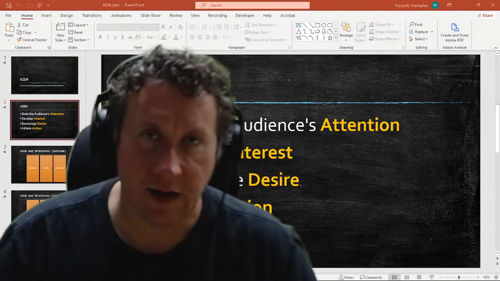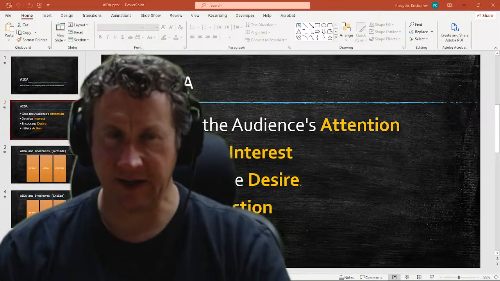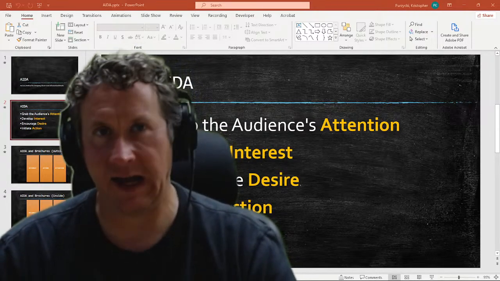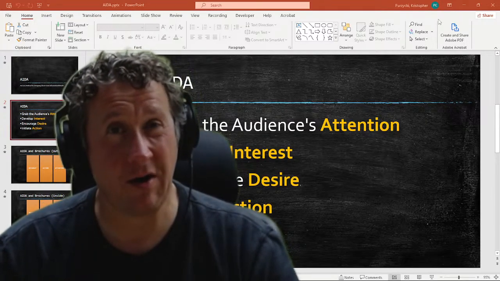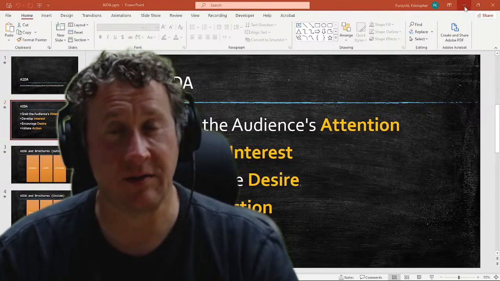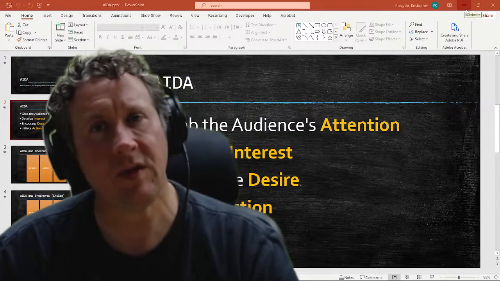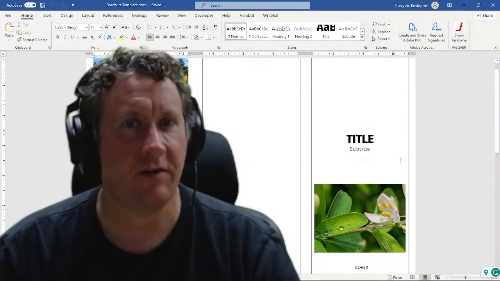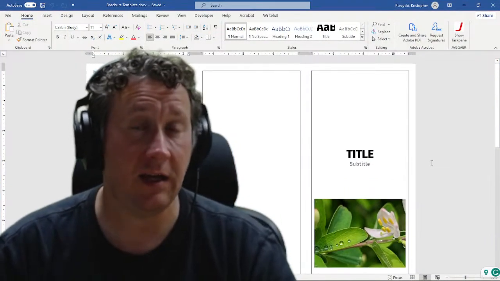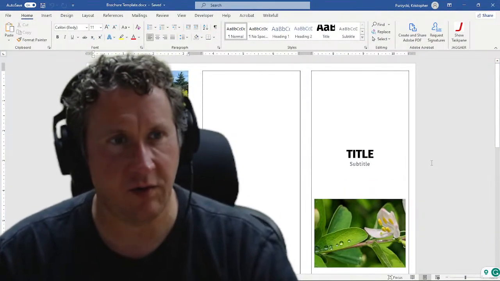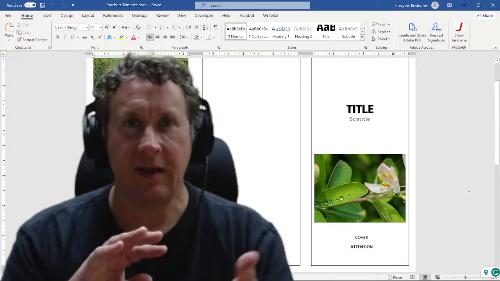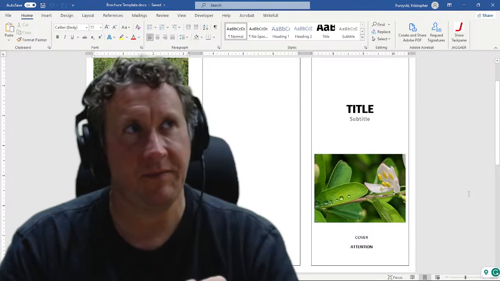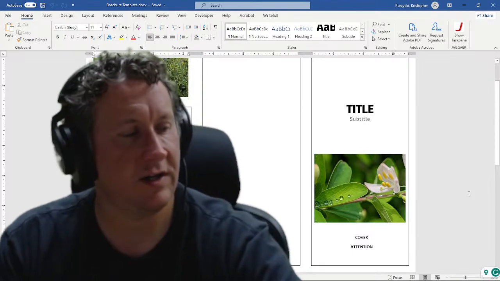So that's the AIDA method: attention, interest, desire, and action. Okay, and this is a pretty good marketing formula that can apply to just about anything, but for our purposes, we're looking at just a straight up brochure. Now, this is a brochure. If you're taking one of my classes, I give you a template for this, and this is kind of what it looks like, right? And so the challenge to the brochure is to keep in